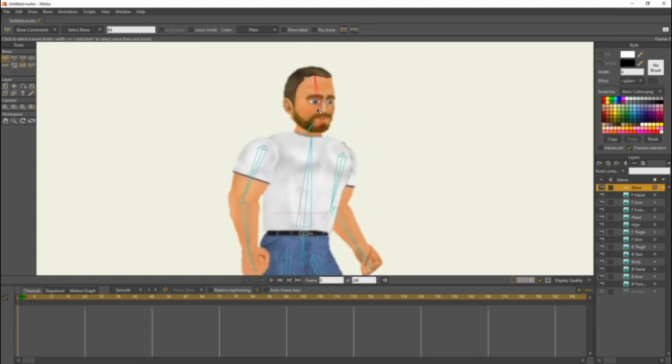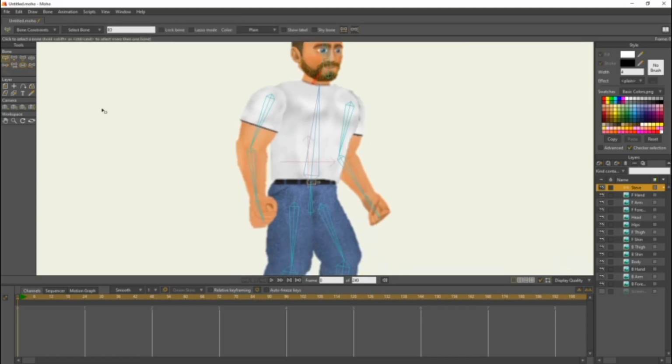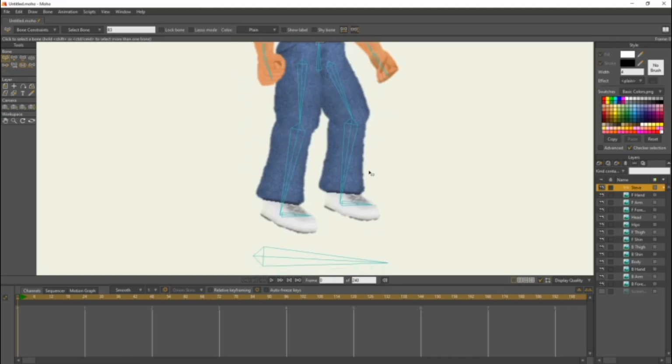And now we're going to do the head. Click on the head, parent it to the neck, parent it to the body. And we're going to do that for the legs now.